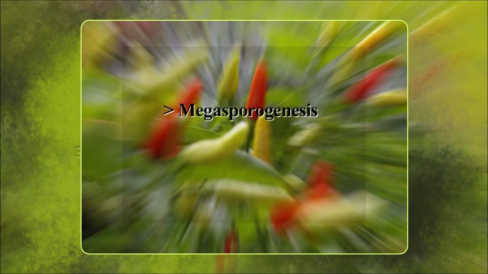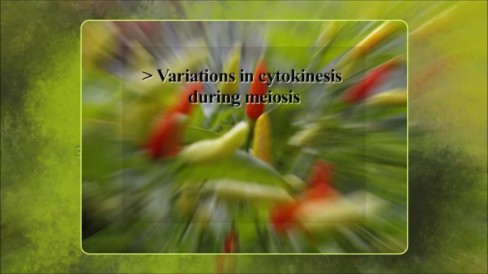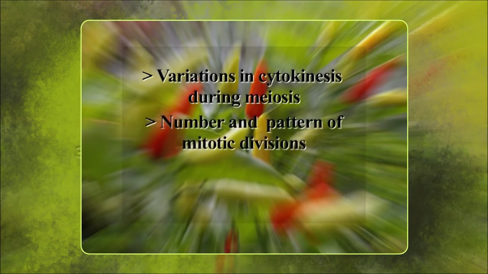Dear students, now we will discuss the development of the female gametophyte. Female gametophyte development occurs over two phases referred to as megasporogenesis and megagametogenesis. More than 15 different patterns of female gametophyte development have been described. The different patterns arise mainly from variations in cytokinesis during meiosis, number and pattern of mitotic divisions, and pattern of